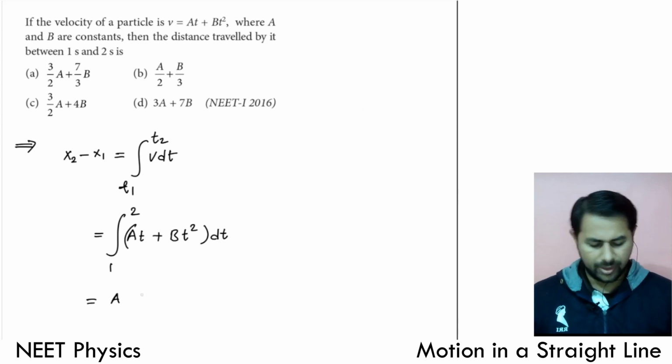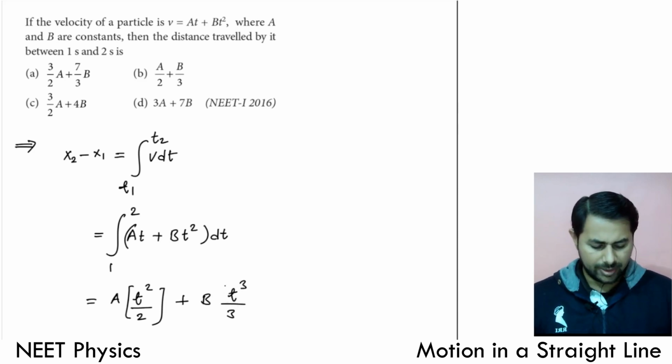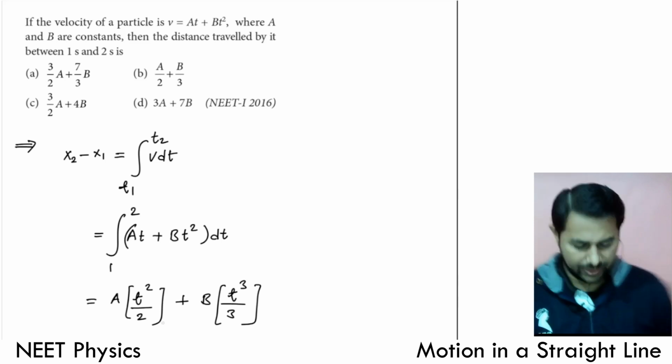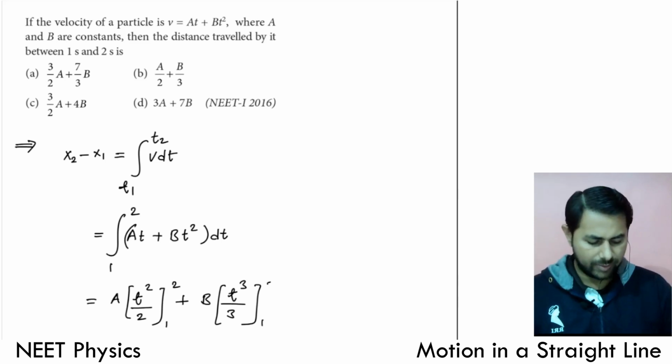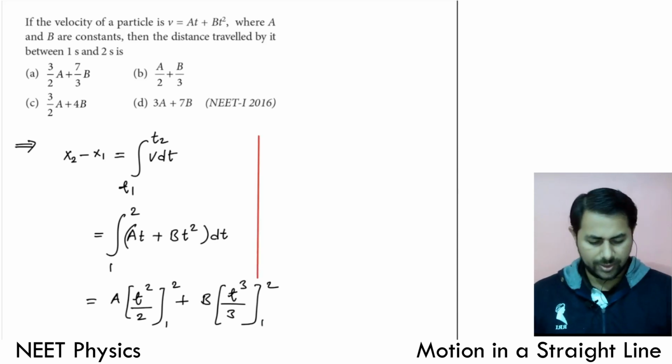So it is t square upon 2, right? Integration of t is t square by 2. This is t raised to 1 plus 1 upon 1 plus 1, plus you have b, then it is integration of t square, it's t cube by 3. But then you need to apply the limits. Okay, so limits are 1 and 2, put the upper limit and then the lower limit. So x2 minus x1